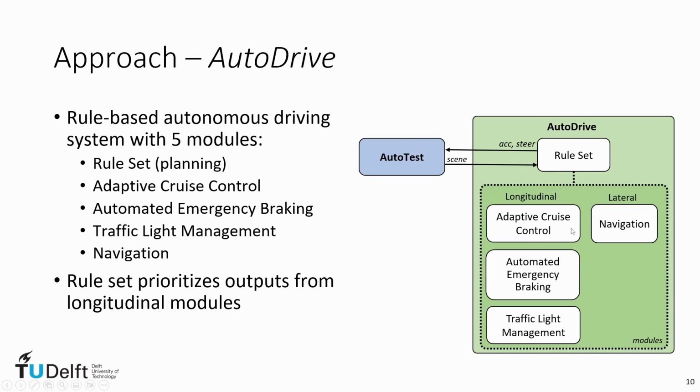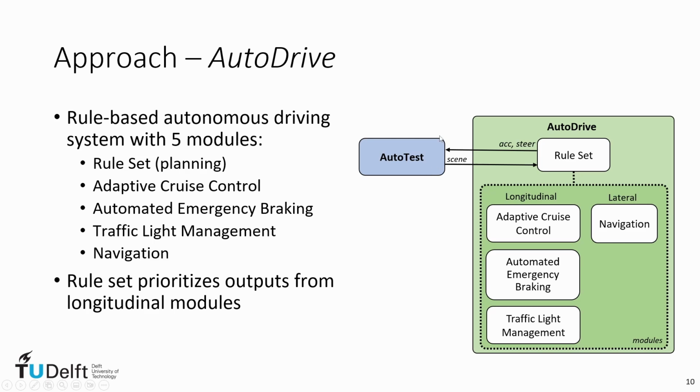So adaptive cruise control may give an acceleration output of go ahead with 4 meters per second squared, while emergency braking might say, okay, let's brake with max braking acceleration. And so the rule set decides between these outputs, and it will feed this information to the AutoTest benchmark, and